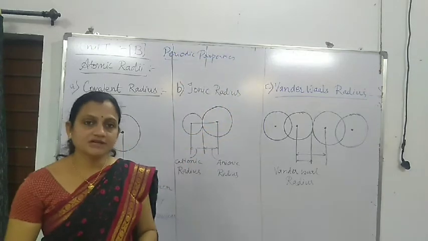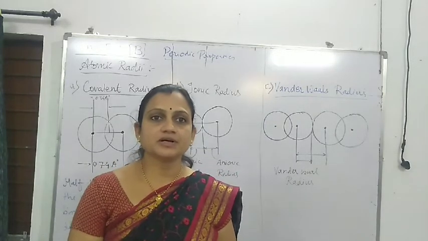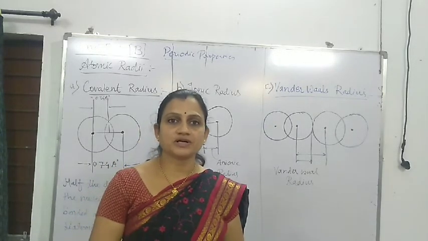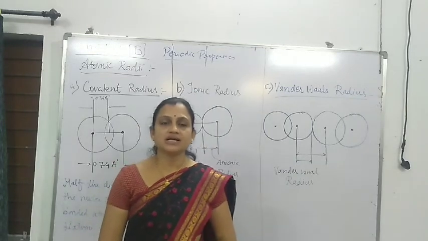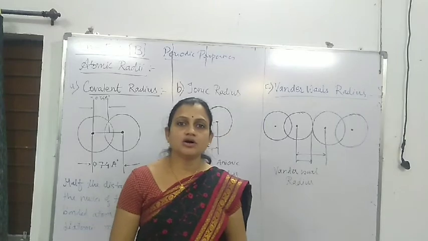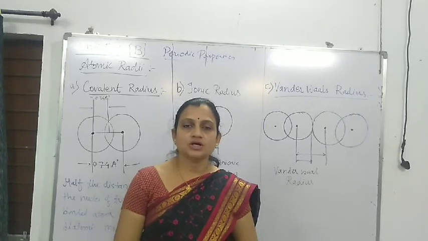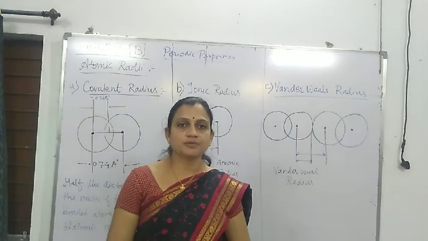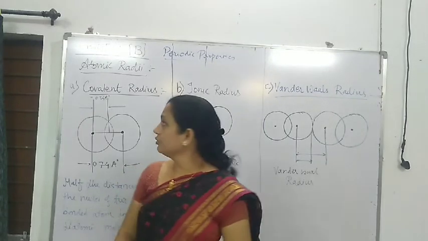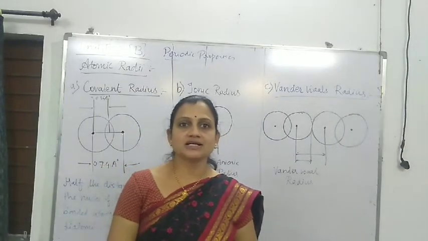Now in our previous class we have discussed what the periodic table is, what the periodic properties are, and what different properties are included in the periodic table, as different elements have different properties. The first property that we discussed in our previous class was the atomic radii, or atomic radius. Now what is the atomic radius?